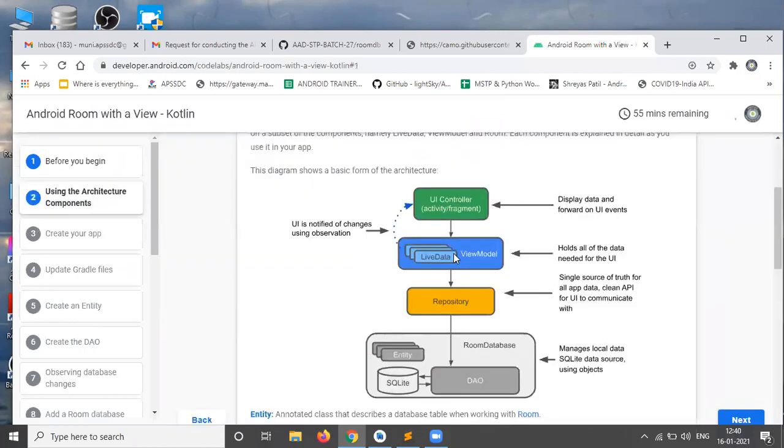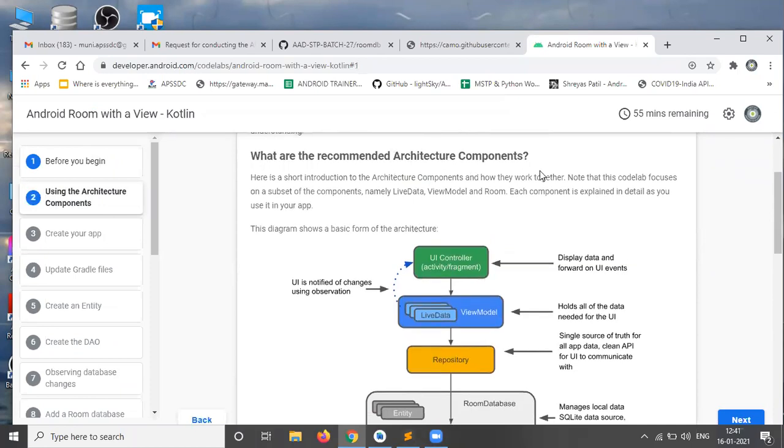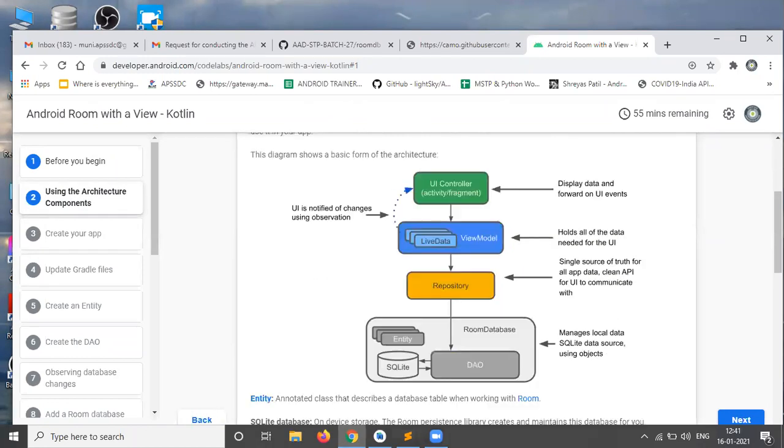Yes. So this is the architecture, I mean, with recommended architecture components. Once you open this link, I'll share it in the chat box.